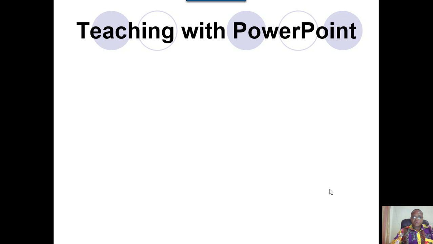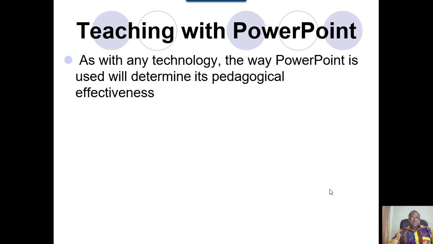So teaching with technology is one of the things, and PowerPoint is one of the platforms that you can use in your classroom discourse. So with any ICT or technology, the way you will use PowerPoint will determine whether you're going